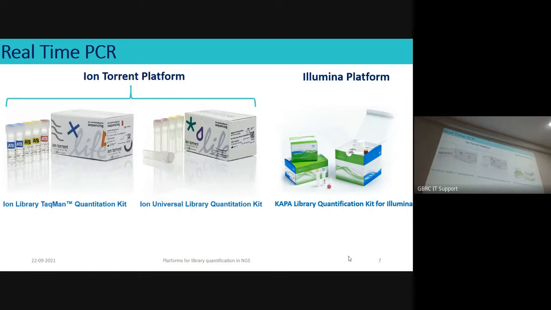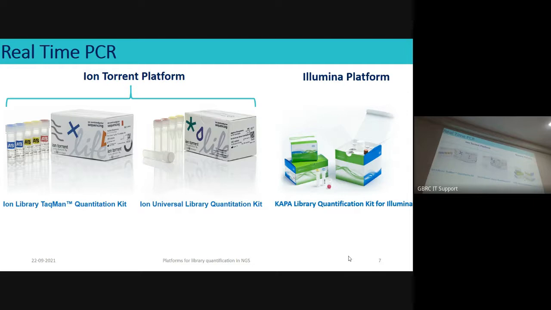Some of your DNA fragments may not have the adapters. But if you quantify your library using either the Qubit fluorometer or the bioanalyzer, it will measure the concentration of all DNA. But if you are using real-time PCR kits or any other kit, they use primers which are complementary to the adapters. So that's why it gives you the exact quantification of your library molecules, not the DNA molecules. So that is the difference between quantification using either Qubit or bioanalyzer and real-time PCR or digital PCR.